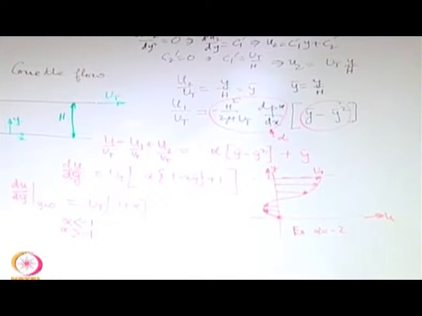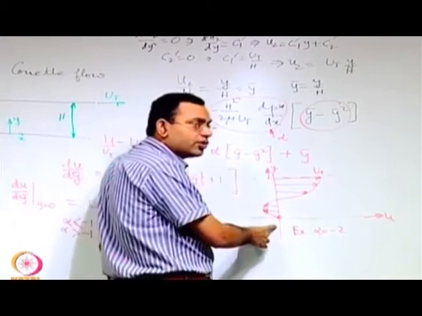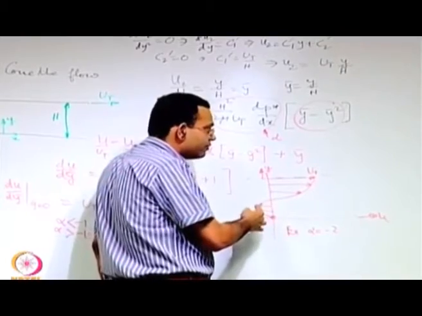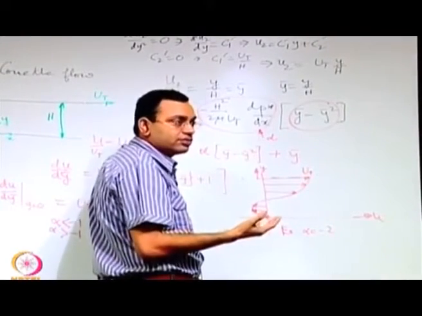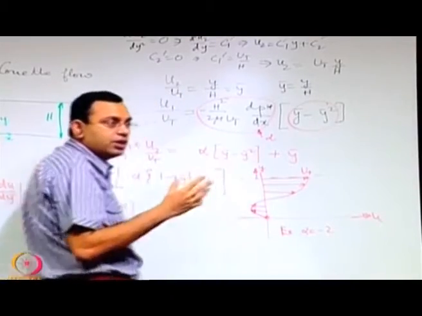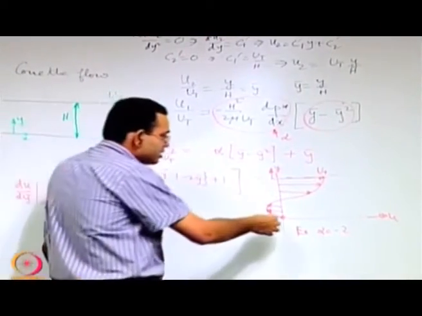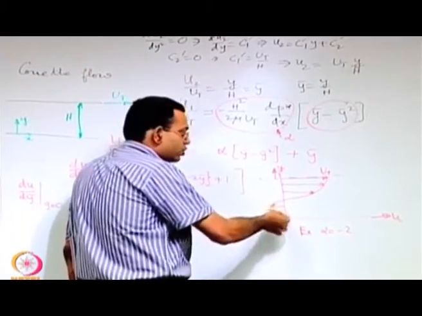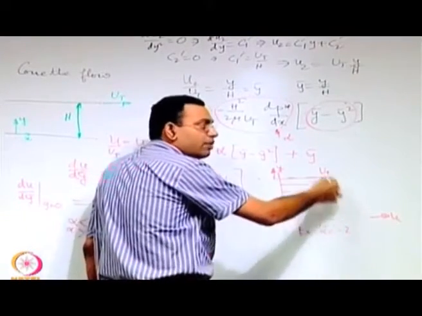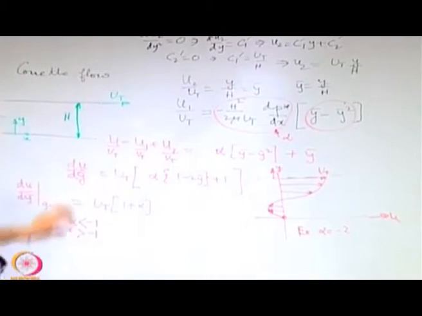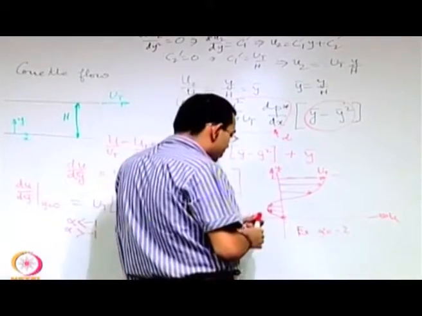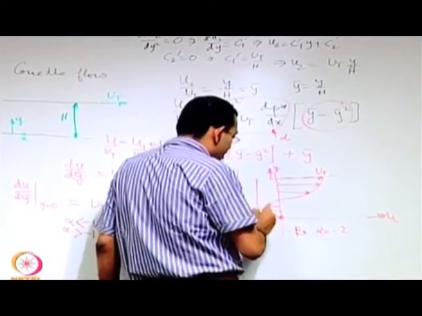But the important characteristics of the plot you should look for: what is du dy at y equal to 0, that is how it starts off, and where is the location of du dy equal to 0, that is the location of maxima or minima in the velocity profile. If it starts off with a negative slope then it will be a minima, if it starts off with a positive slope it will be a maxima somewhere. So you have to find out whether it is a maxima or a minima. Where is it located? Because it has to eventually be located between 0 and h.